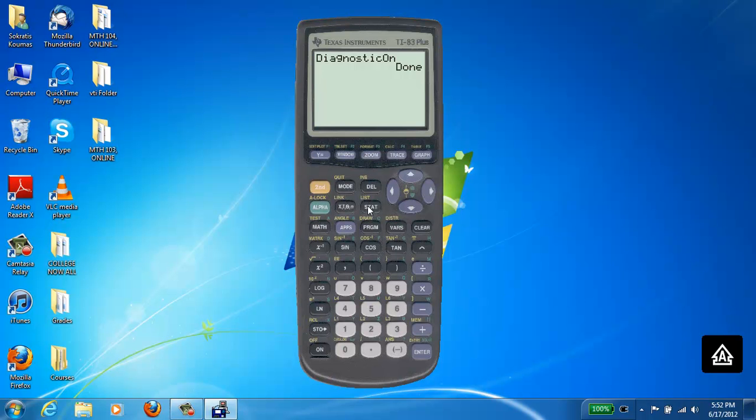Go to Stat, go to Calc, and go to number 4, linear regression AX plus B. As you can see, you have the A, the B, the R, and the R square. Click enter twice, and this is going to be your constant, your slope, the coefficient of determination, and the correlation